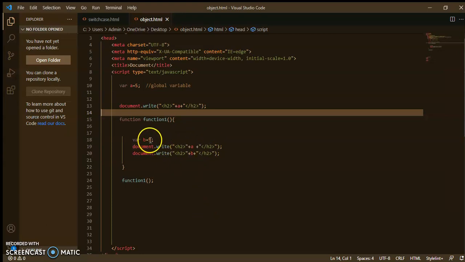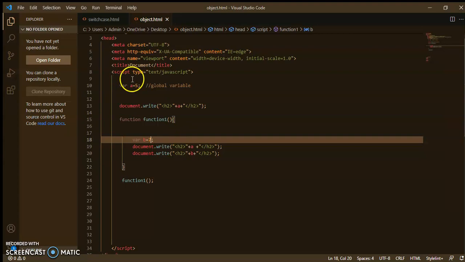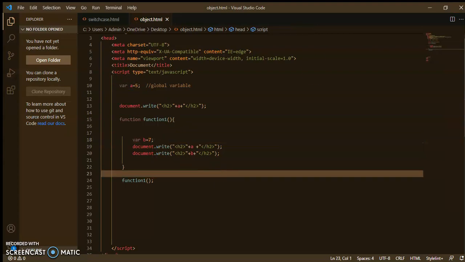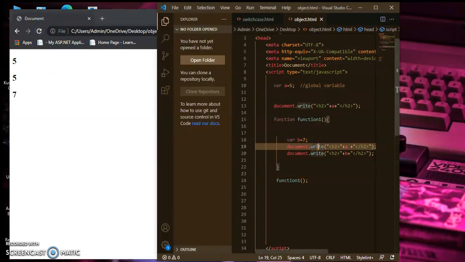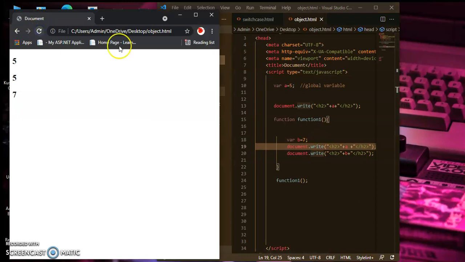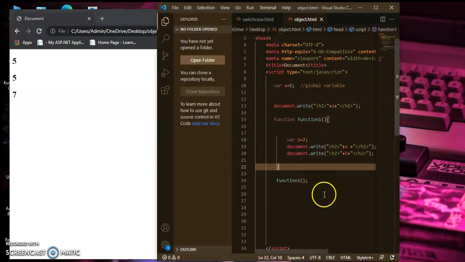Now suppose its value is 7, so 5 and 7 will be printed. Let's see. Right, this function's values a and b, because of this function call, 5 and 7 are printed, and this global variable's value 5 is printed. So functions can use the global variable's value to display.